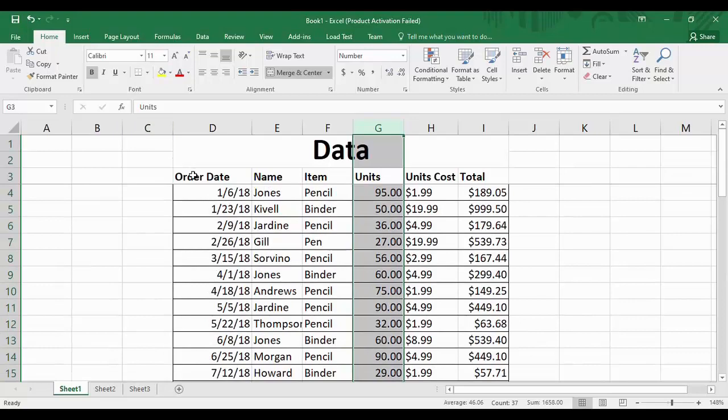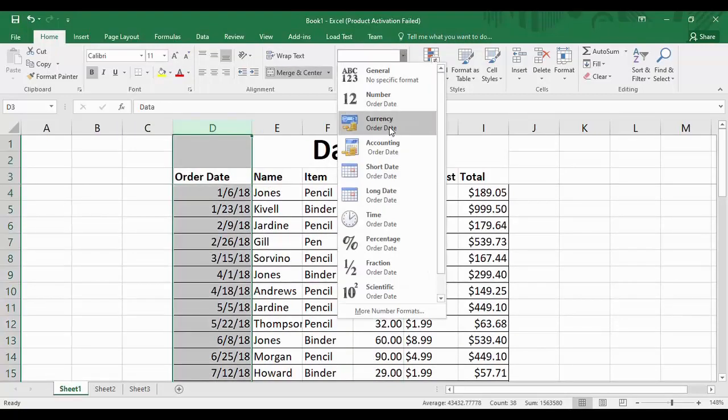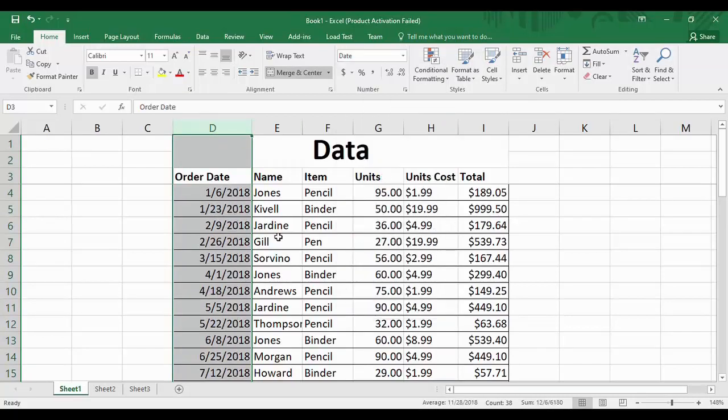Now the other data type is date, so we can select its whole column, right click over here, and here you will find an option of short date. You can click on it, and you will now see that it has been organized into a format where the month is written first, and then the date, and then the year in YY format, which is the standard format. So that's how our data is organized as well.